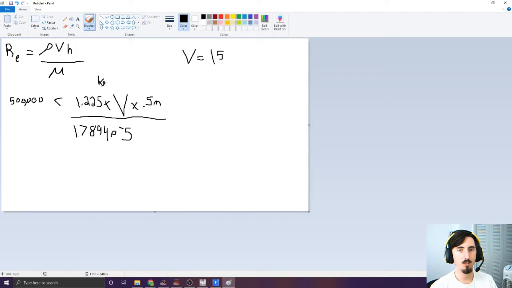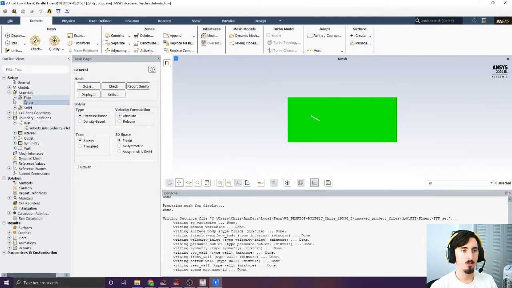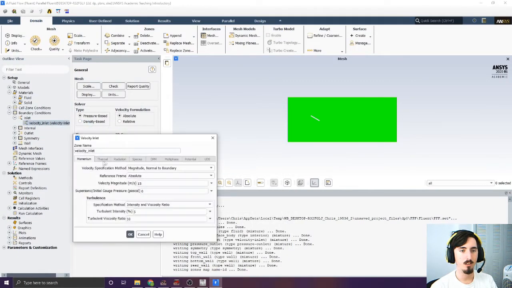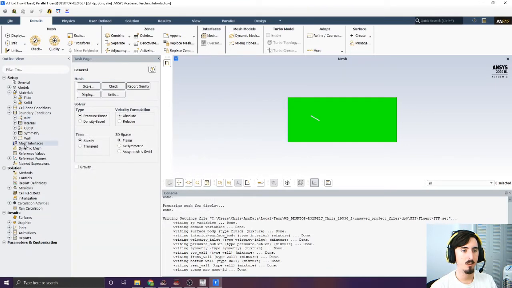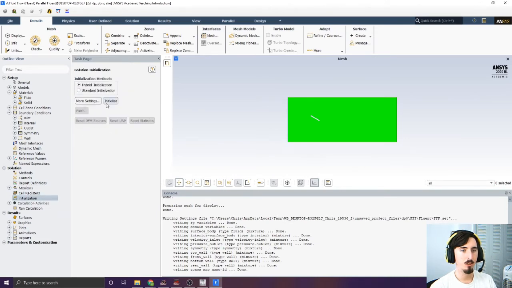So we're going to plug in 15 meters a second, which is going to give us something like 520,000 for our Reynolds number. If you don't trust me, plug it in your calculator. But the math checks out. All right. So we got that set. We have our velocity set to 15 meters a second. We don't need to change any other of our reference items, but we are going to go into initialization, make sure we initialize,